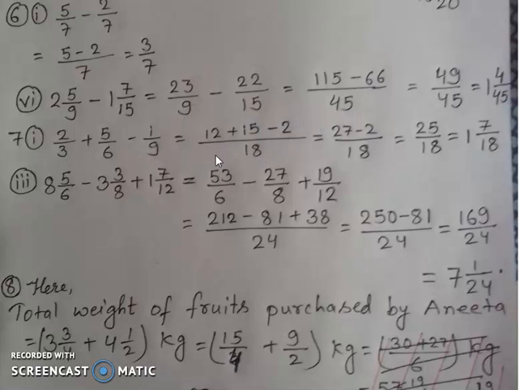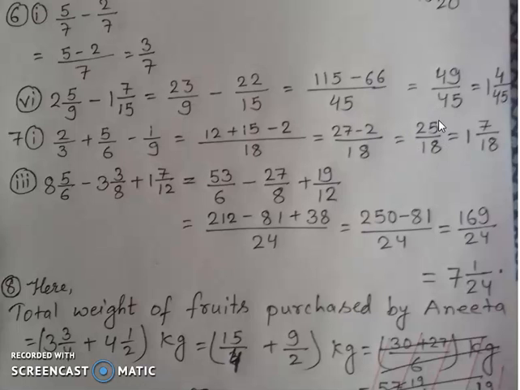So in this way you can take the LCM of all three fractions at once, and according to the sign you can multiply the numerator by dividing the LCM with the denominator. Whatever number comes, you multiply with the same, and keep the sign in the middle. Now we will do it according to the sign. These two will be added, that is 27, and minus 2. So from 27, 2 will be subtracted and it will become 25 by 18.